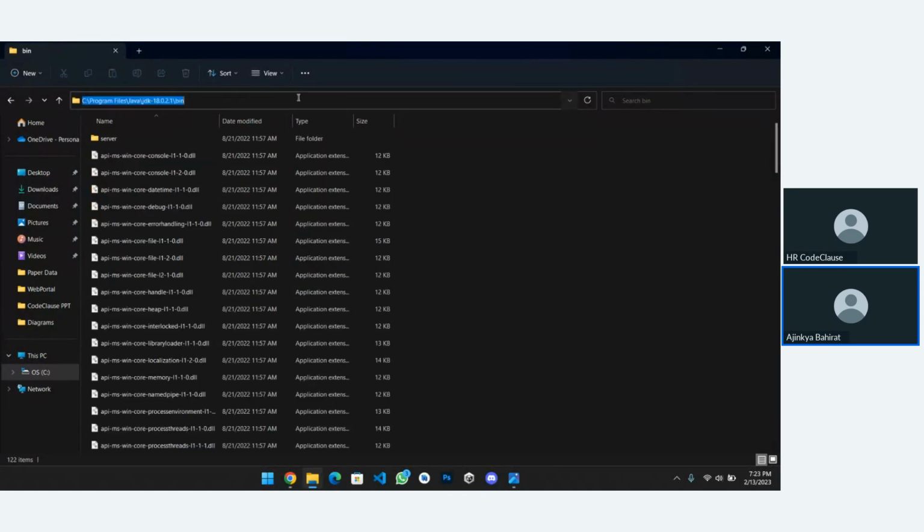So you need to go to this path. While installing Java, you will be notified where it is being stored. Currently it is my OS C drive, Program Files, Java, JDK, and then I just go into bin.